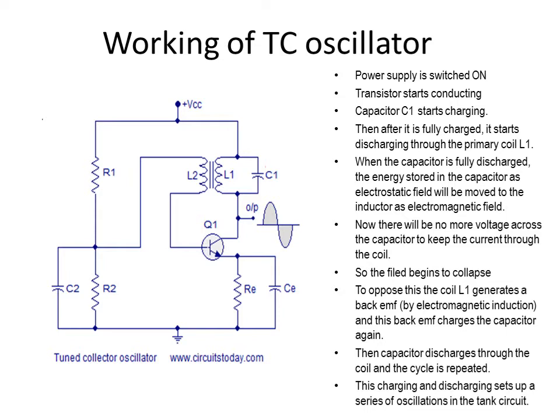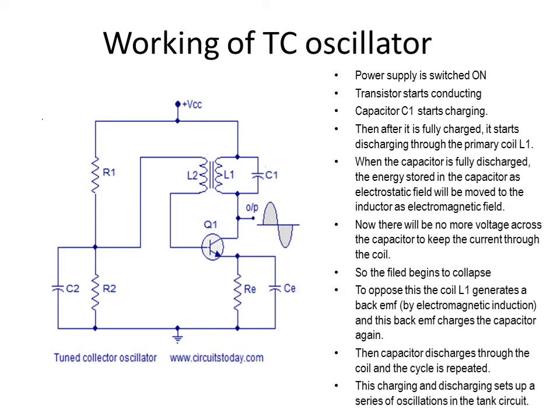The feedback fraction, or the small amount of signal that we are feeding back into the input, should be in phase with the input. Between the output and input, there must be 0 phase difference or 360 phase difference. That is what we have to ensure through all the circuit components that we are using.